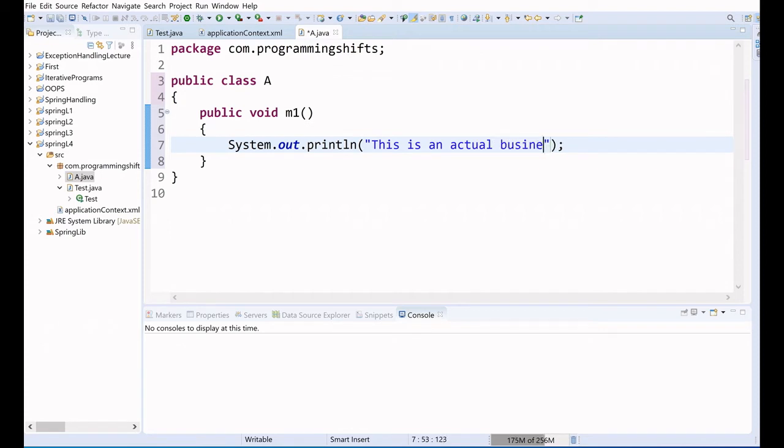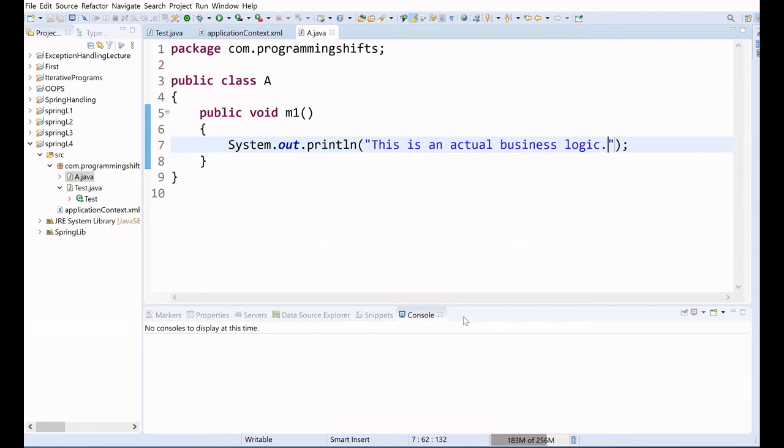So this method is going to give a console message like this. This class contains the business logic, and m1 is going to print the message, right?